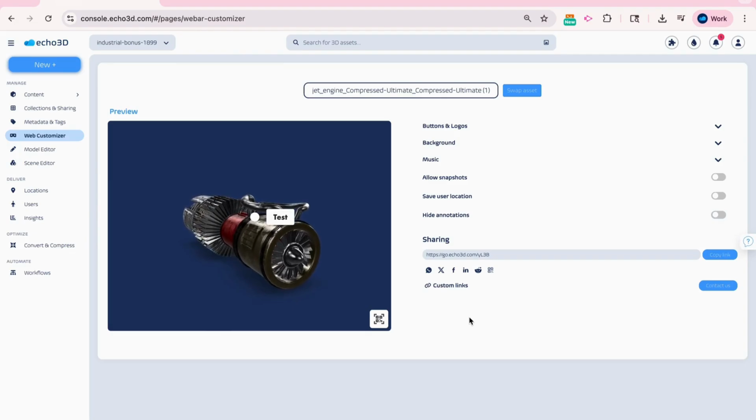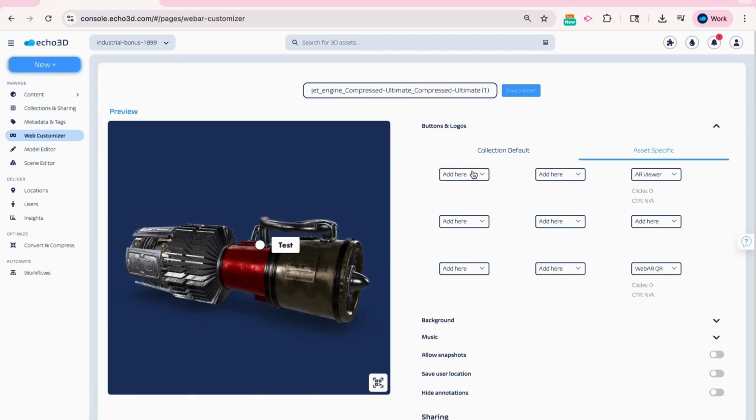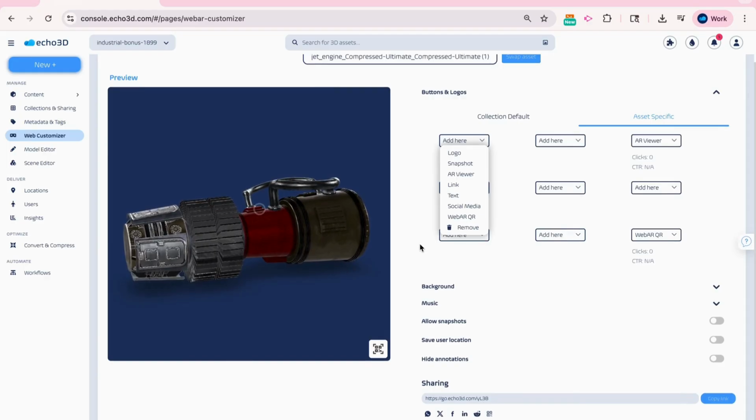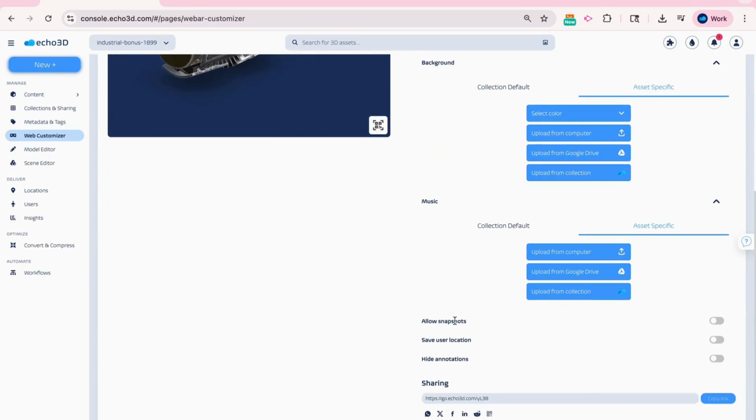Next, we have our WebAR Customizer page. Here you can swap between assets and add buttons, logos, an AR viewer, links, text, social media, or WebAR QR codes at a collection or asset level. You can also edit the background image, play music, allow snapshots, save user locations, and hide annotations if your asset